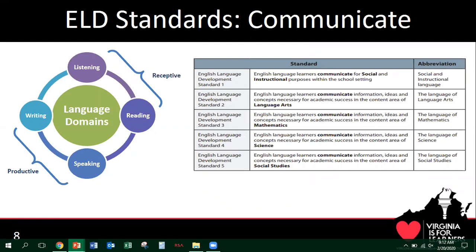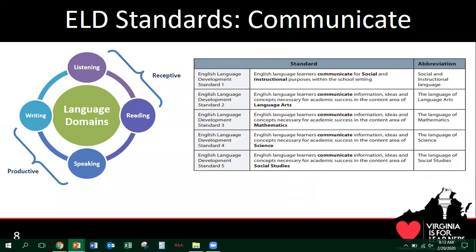There's also one thinking about making the language explicit and having students communicate for social and instructional purposes. For example, collaboration. That's an instructional purpose for communication that's going to happen across the grade levels, across the content areas. So making sure that we set students up for success by giving them opportunities to practice the language models we provide, and